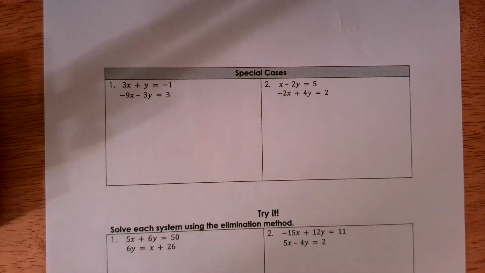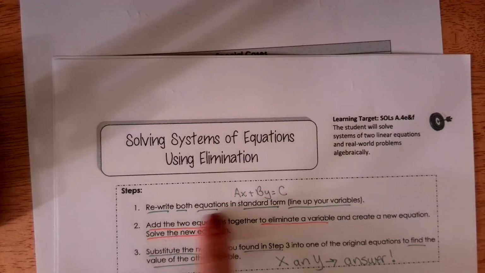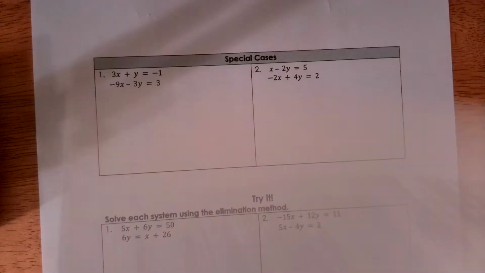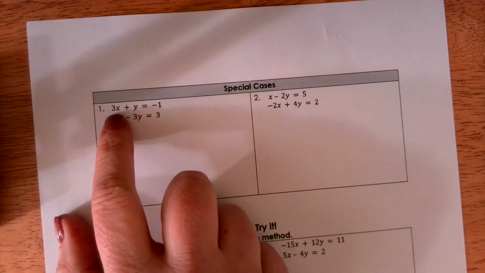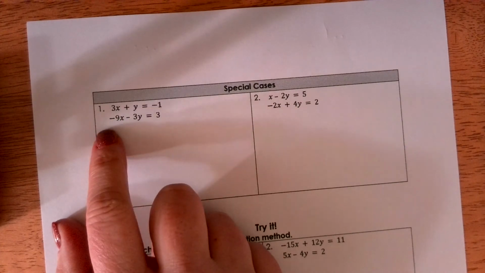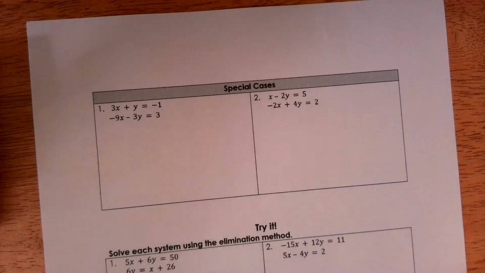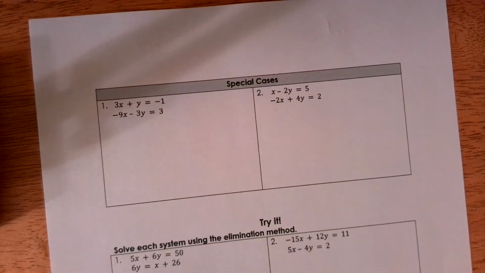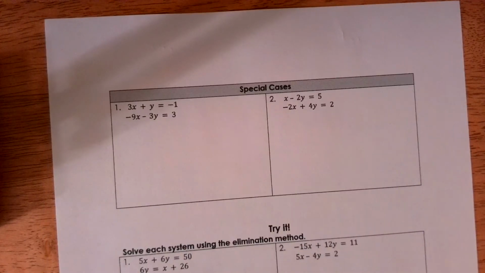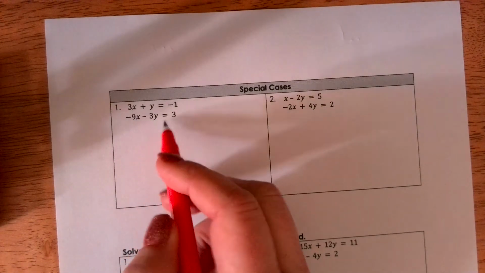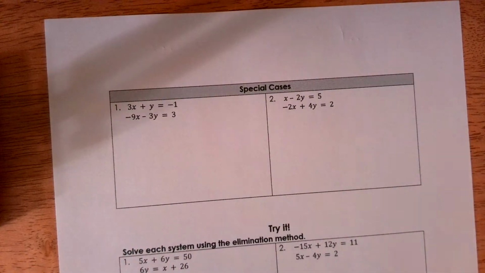Okay, so we're thinking about solving systems of equations using elimination. I need to make sure both equations are written in standard form. And indeed, I got x plus y equals constant, x plus y equals constant. Great, standard form. I don't need to rewrite either of these. The next thing I need to see is, can I add these two equations together to eliminate one of the